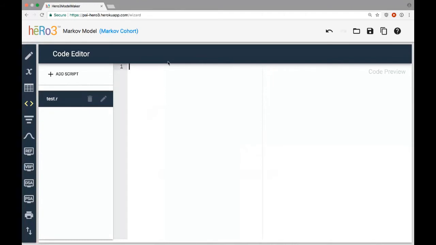Great. So any R files that you define here are going to be run prior to executing the model. And what that's going to allow you to do is things like estimation. So you can write code here that's going to estimate inputs to a model and then reference those. You can also define functions that you can call within the formulas of your model. And so if there are operations that you want to standardize and perform, you can put them in these R files and then call them from within your model. And so that does allow for a lot of expansion of functionality.